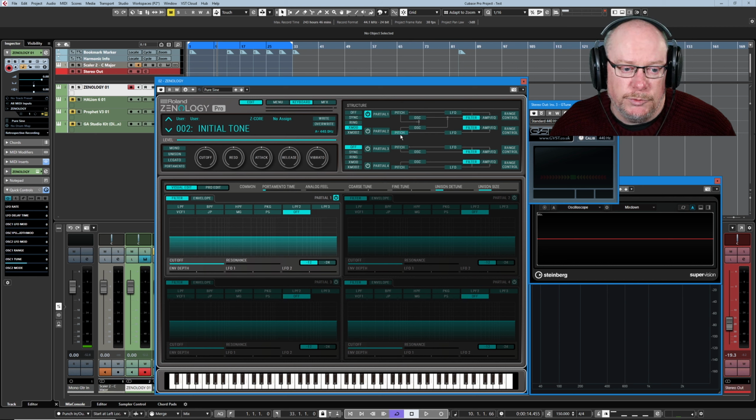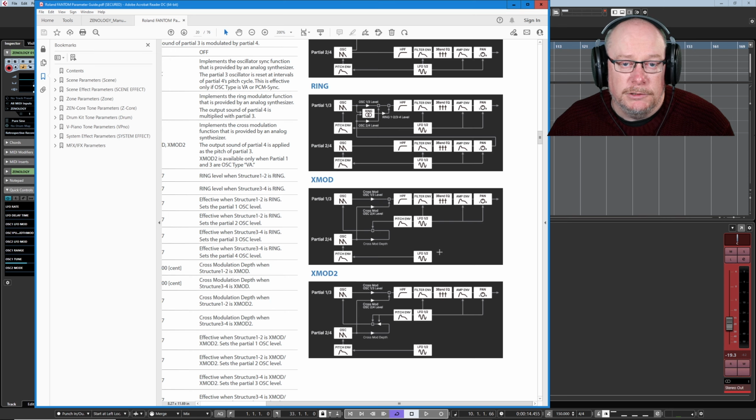Here's partial 2, we choose the pitch of partial 2, goes into the oscillator, generates a wave, that wave then modulates the pitch of oscillator 1, this link here. And I'm going to press Xmod 2 now, and you'll see a second line appear here. I've got absolutely no idea what Xmod 2 does. The closest I've been able to come to an explanation, and it isn't an